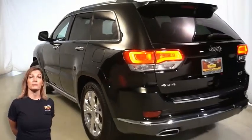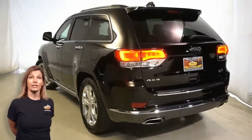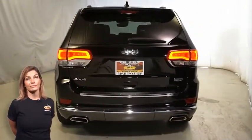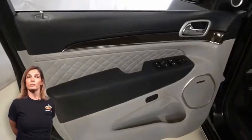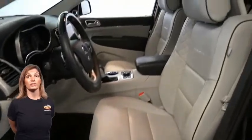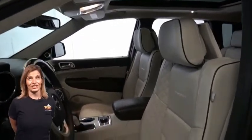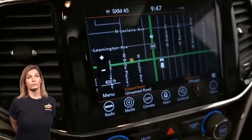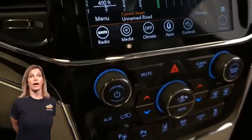polished dual exhaust tips, heated and ventilated front seats, heated steering wheel, 7-inch LCD instrument cluster with tachometer, 8.4-inch touchscreen display, navigation, park view rear backup camera, Apple CarPlay and Google Android Auto, 19 speakers with high-performance audio,